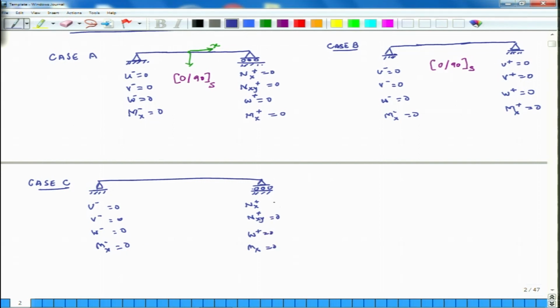So, you see that case C and case A have the same boundary conditions, but the difference is that here the lamination sequence, we will say that it is not symmetric, and let us see what happens when the lamination sequence is not symmetric. Okay. So, that is case C, and then finally, we have the fourth case, case D,